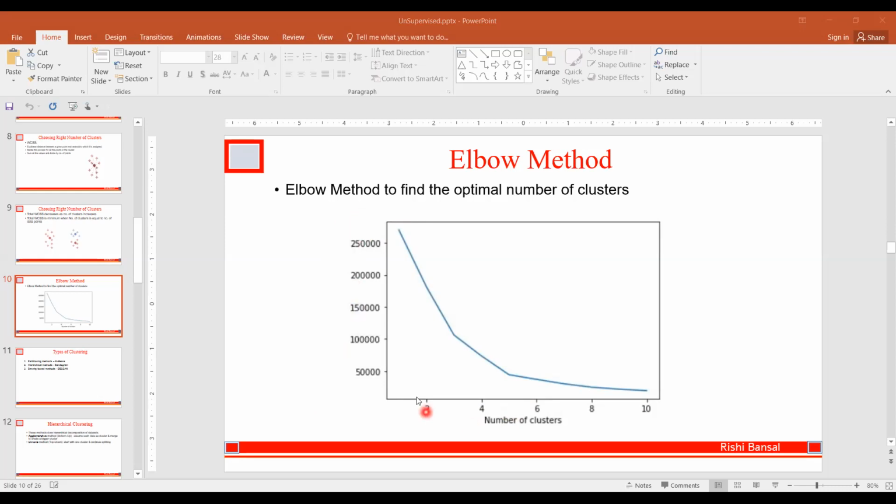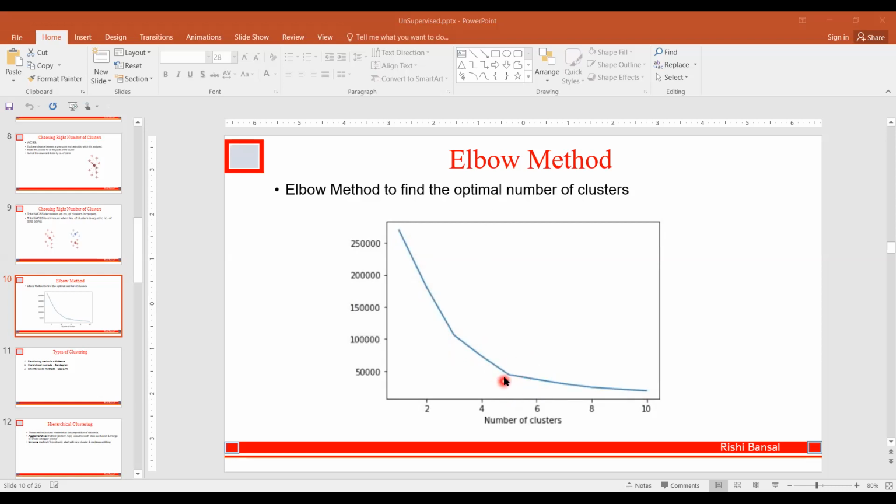As you keep on increasing the number of clusters, this WCSS value will keep on falling like this, and this line will definitely touch the x-axis when your number of clusters is equal to the number of data points. So the elbow method says that the moment you change the number of clusters, it will keep on falling. So you need to find a point which is known as the inflection point, which means, in the elbow method, which point looks like an elbow.